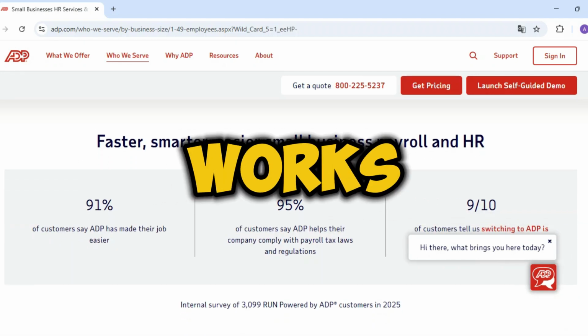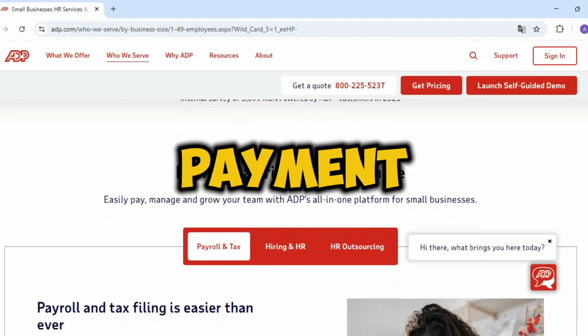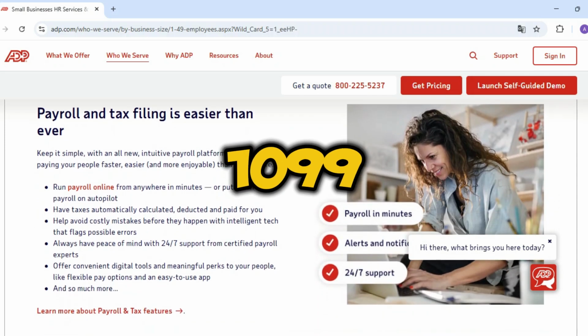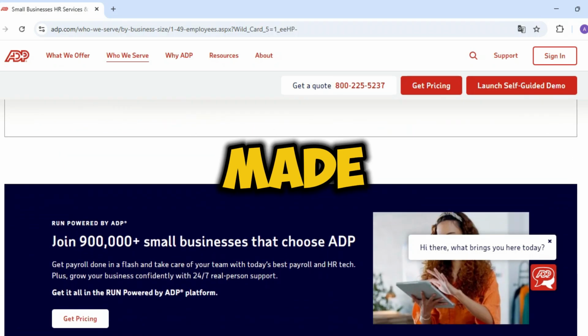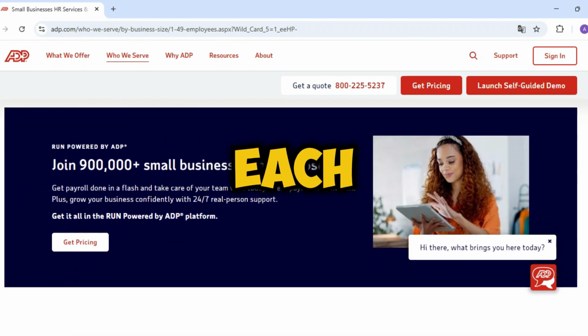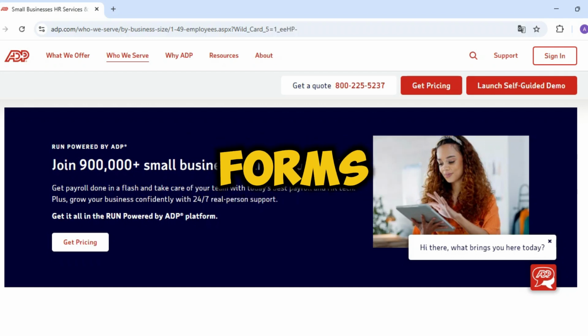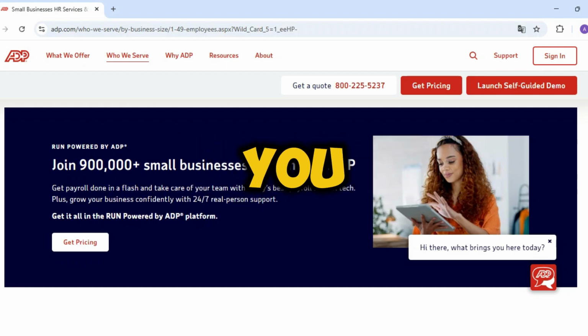Here's the simple way it works. Throughout the year, you must have paid your contractors via ADP's vendor payment system, not Payroll. ADP tracks these payments. As year-end approaches, navigate to the Tax and Compliance section and find the 1099 processing. ADP will generate a report of all vendor payments made. You review the list, ensure each vendor's TIN is on file from their W-9, and authorize ADP to prepare the 1099 NEC forms. ADP can then e-file them with the IRS and provide copies for you to send to the